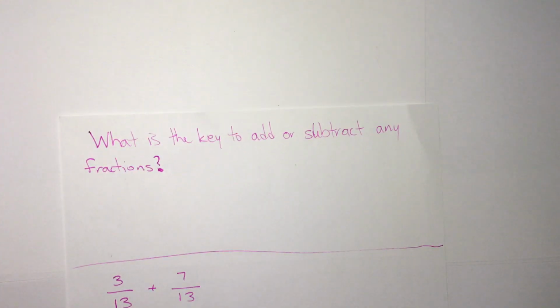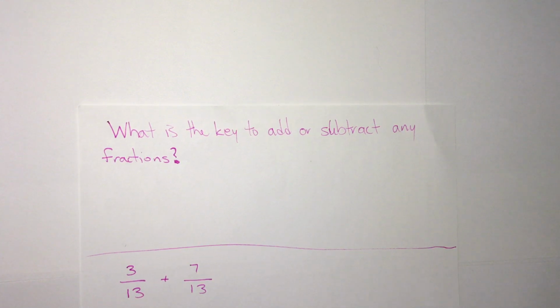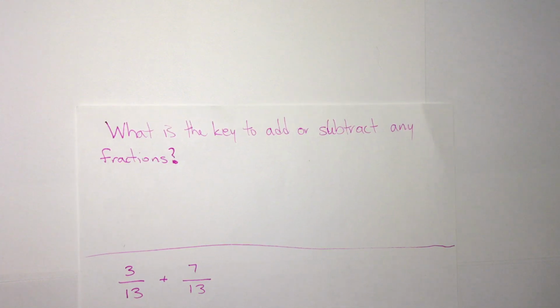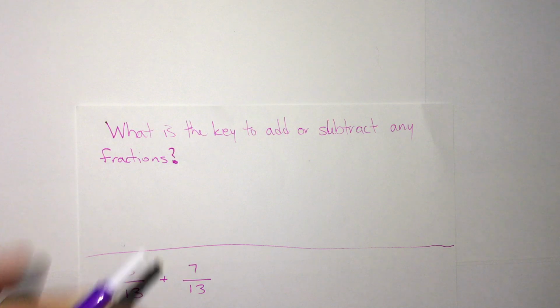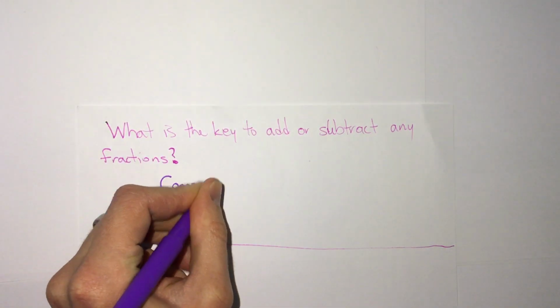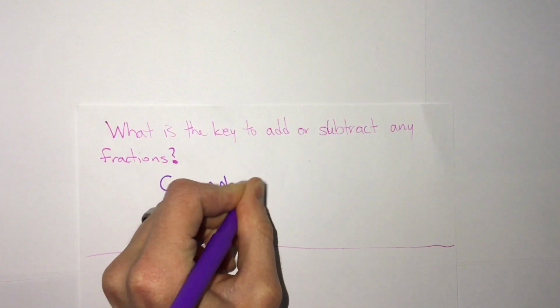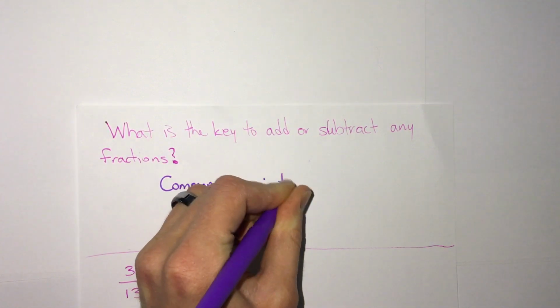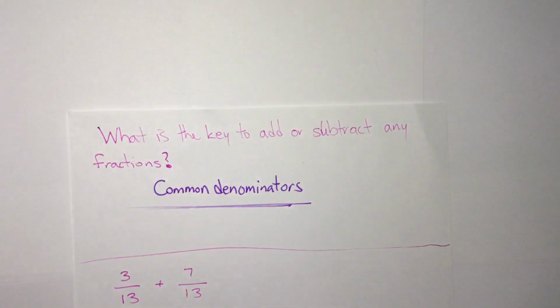And the first thing we want to think about is what is the key to be able to add or subtract any fractions. And the key is, of course, we need to get a common denominator. If we don't have common denominators, we can't add fractions. This is the key. So, what happens when we do have common denominators? Like here,